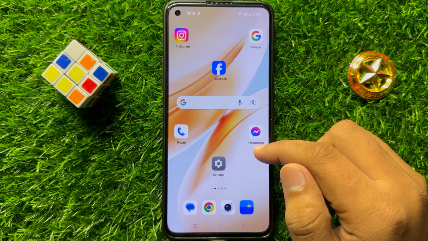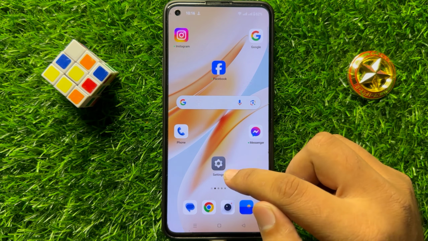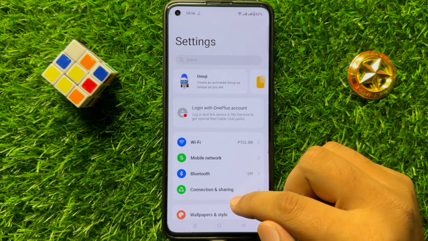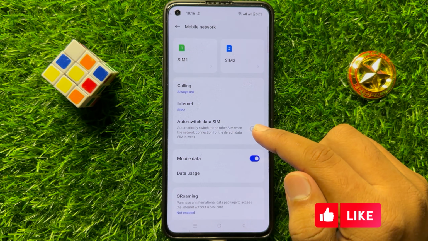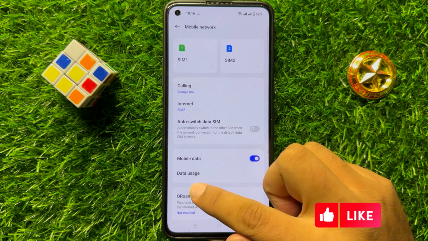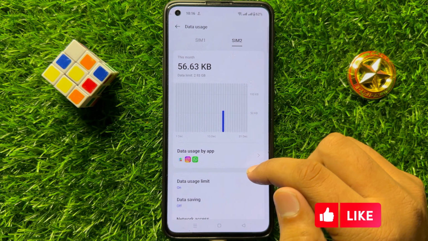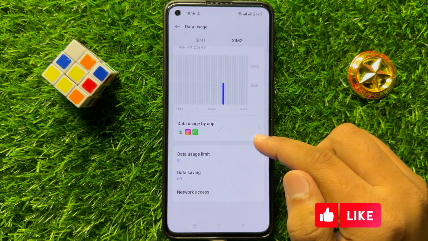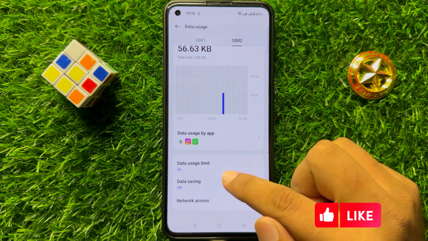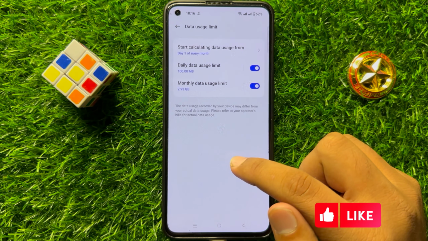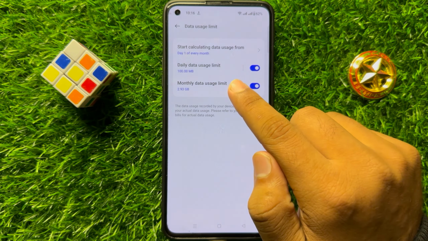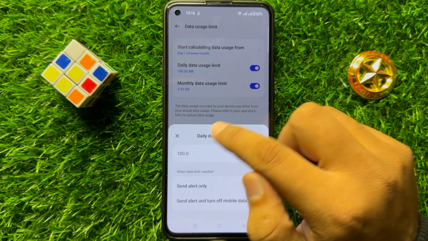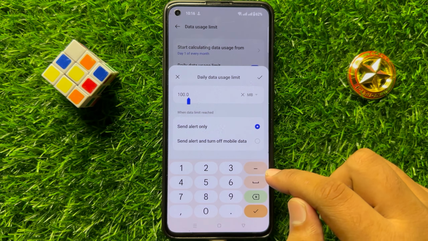But if you are still facing the problem with your mobile data, then open settings and here click on mobile network. Now in mobile network click on data usage and after that scroll down and here click on data usage limit. Now here if you have turned on the data usage limit, then increase its limit